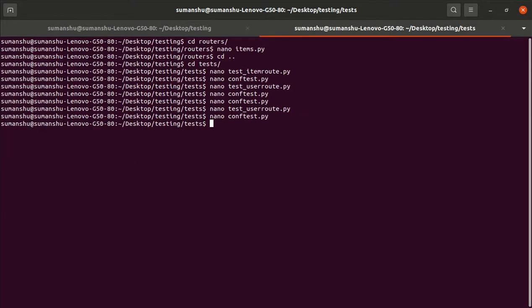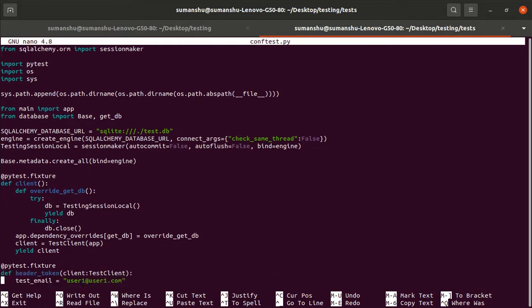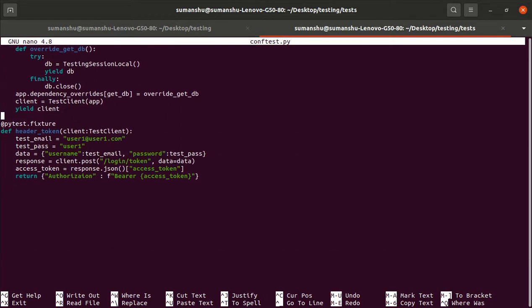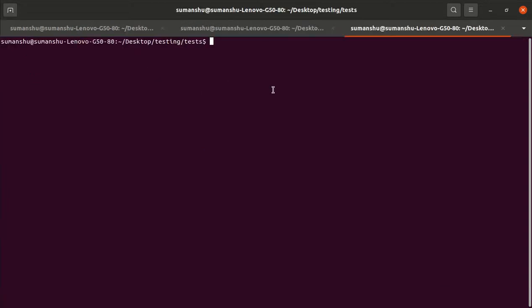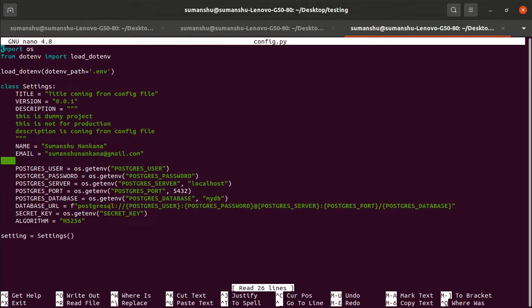Fine. So every time now it is failing because of some data issue. So better, we will define the data in our configuration file. Otherwise I have to modify the data in all the test cases. So let me do that.